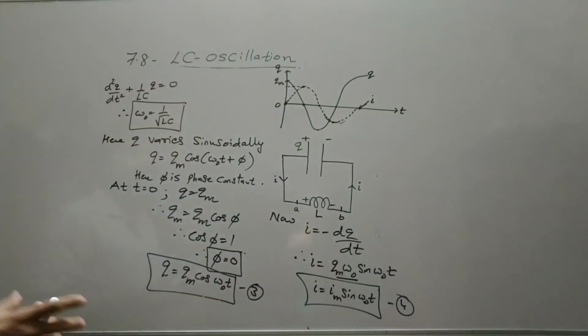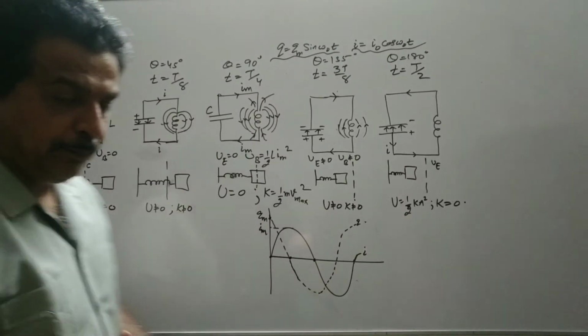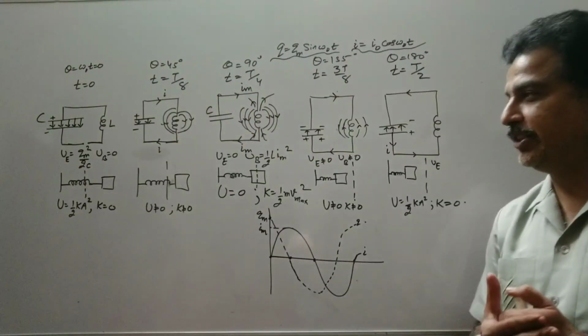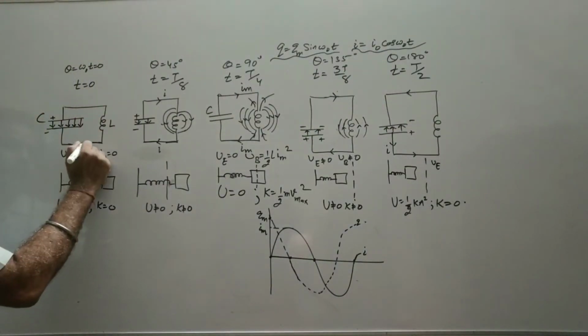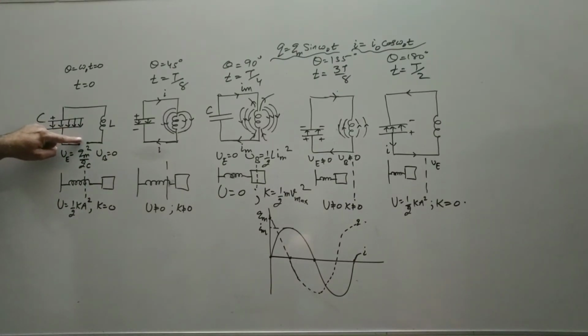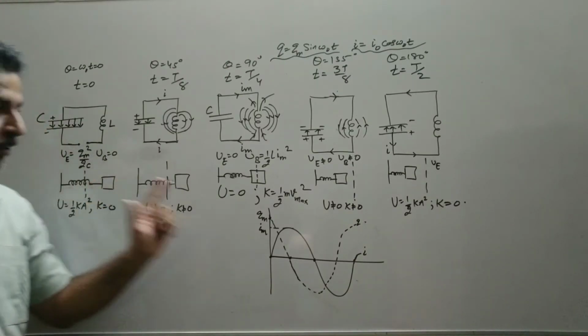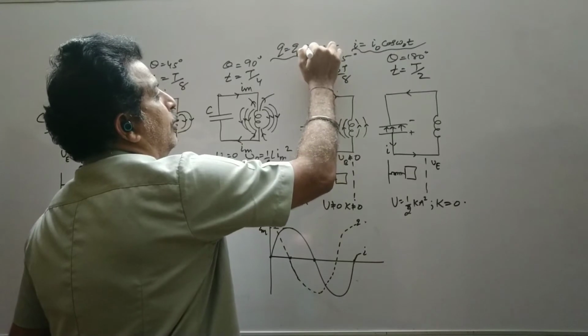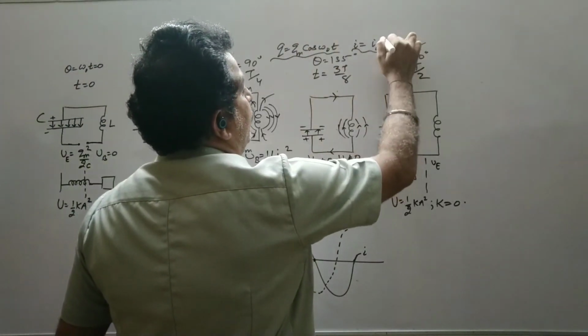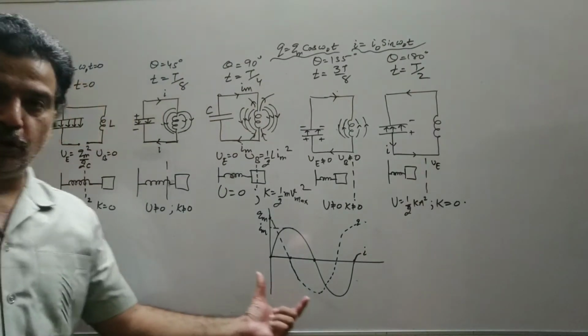Now with the help of a diagram, let us see how the conversion of energy takes place, how the electrical energy is converted into magnetic energy and vice versa, and why it is called LC oscillation. Now let us see the pictorial representation of the LC oscillation circuit. Initially the circuit is incomplete, that is, the key is open and our capacitor is fully charged. We have derived the equation that Q is a function of cos and I is a function of sine, and correspondingly we have drawn the graph.